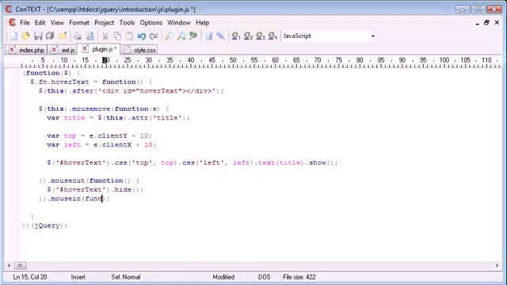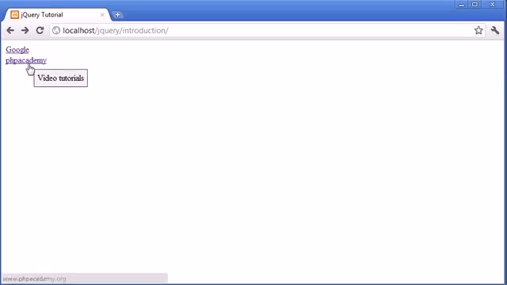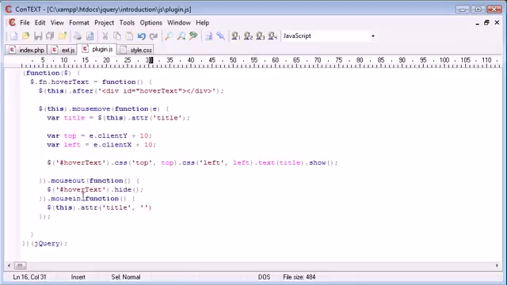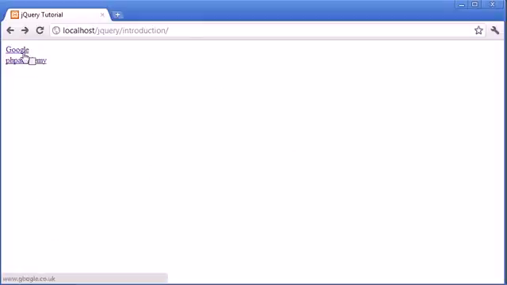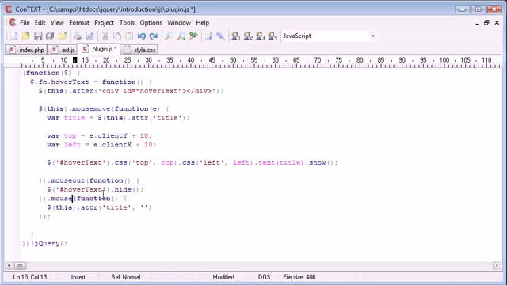So we'll say mouse in, and then function, and let's go ahead and get rid of this title. So we'll say this dot attribute title is nothing. So let's see if this helps. It hasn't. So mouse over, I think, maybe. No, not at all. Okay, so